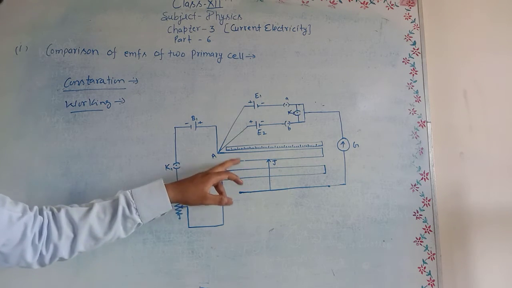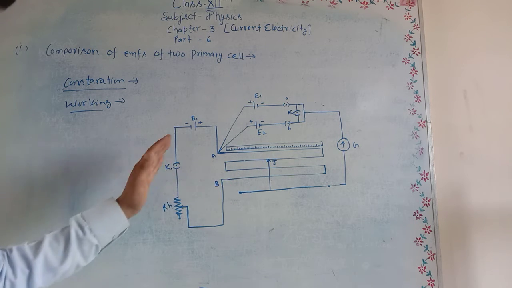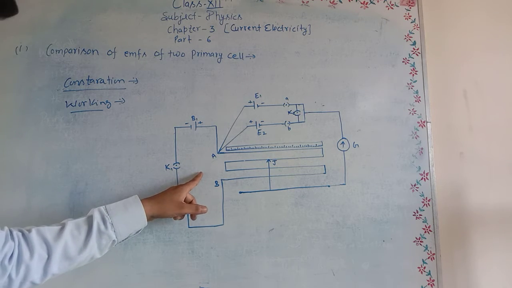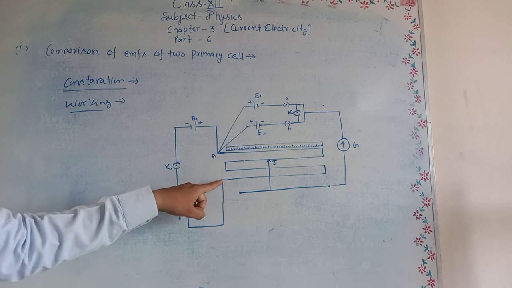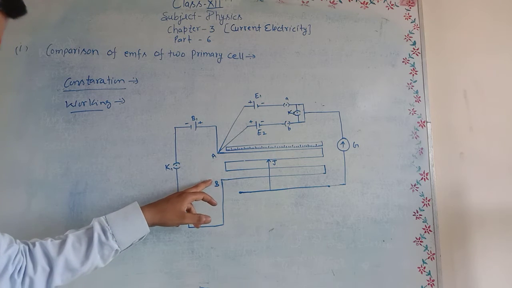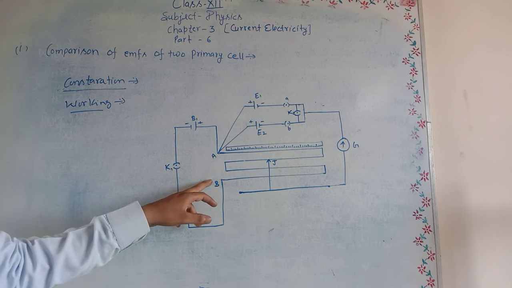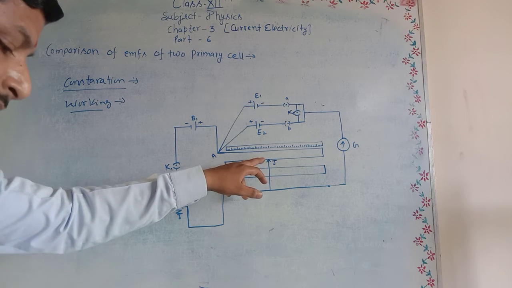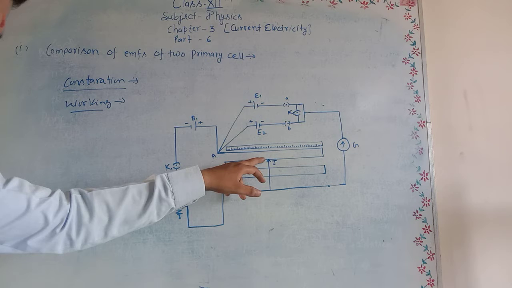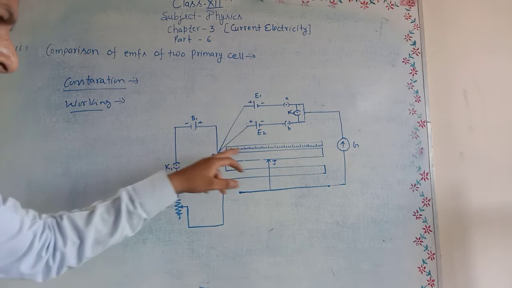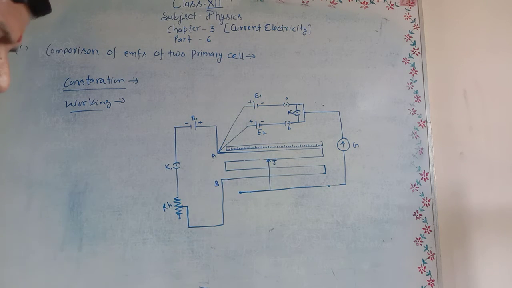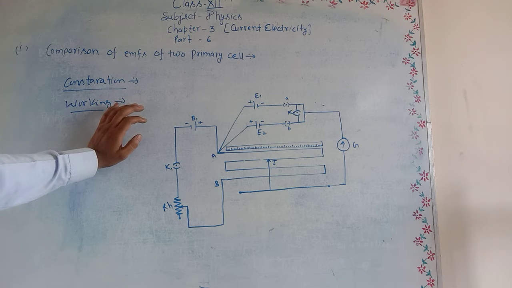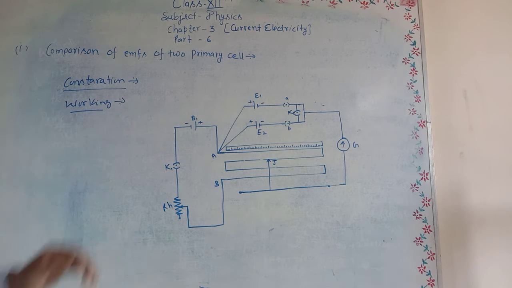The jockey J is moved along the wire AB till the galvanometer shows no deflection. Let the position of the jockey be J1, and the length AJ1 is equal to L1. If K is the potential gradient along the wire, then the null point